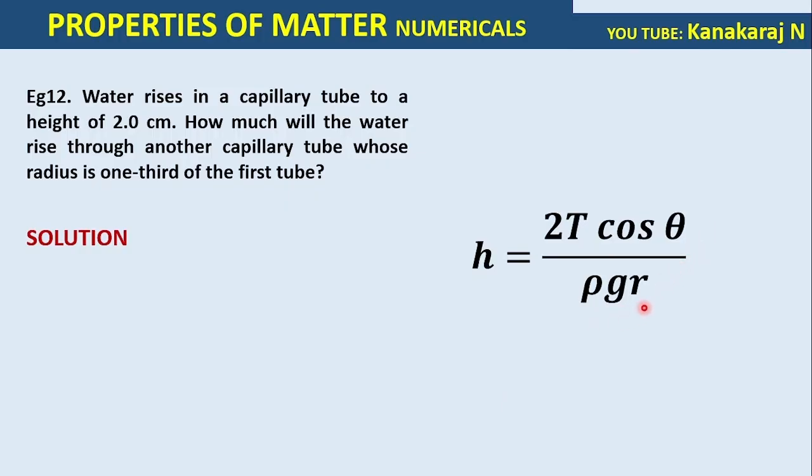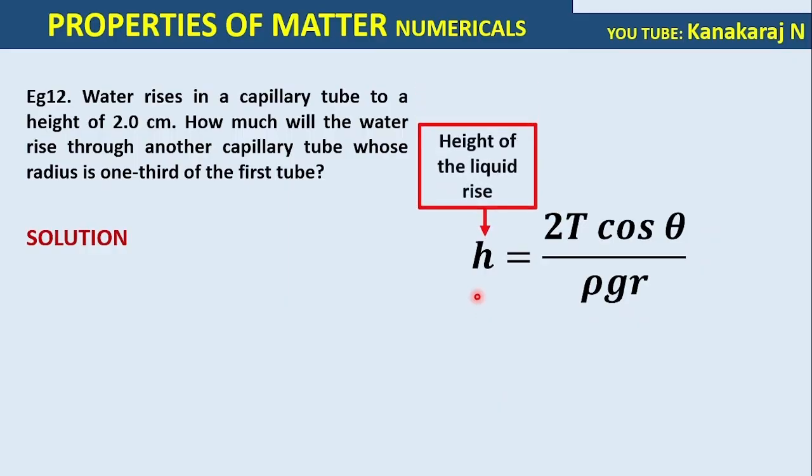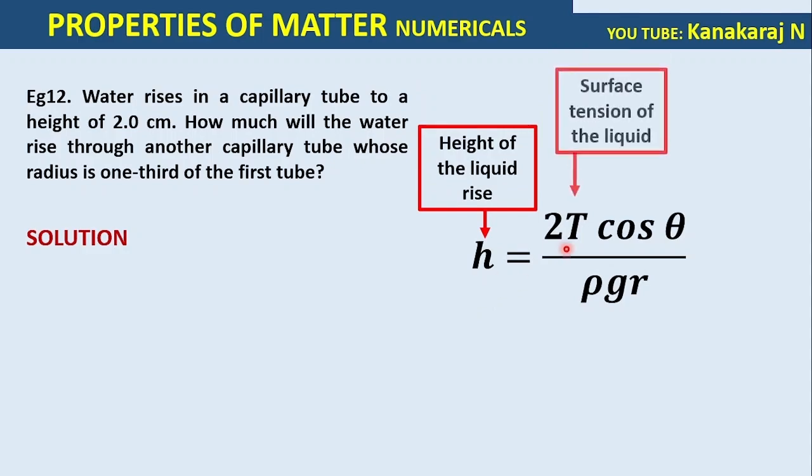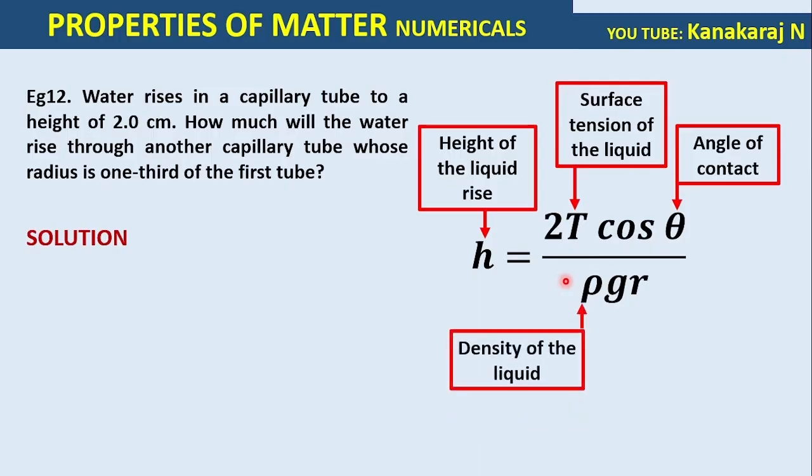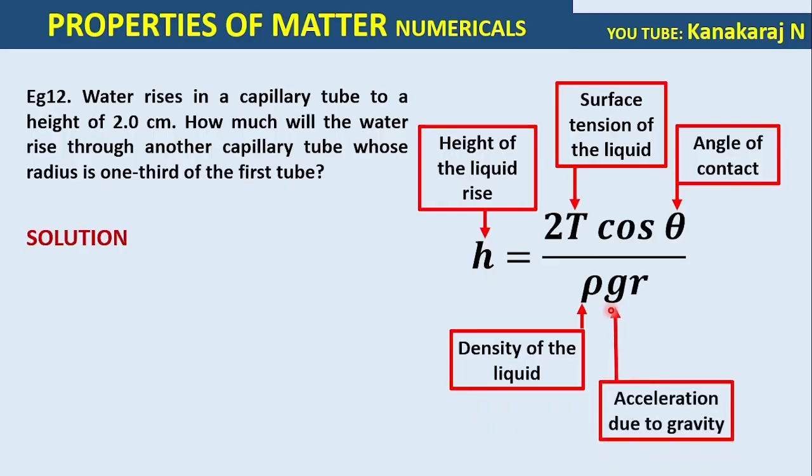Let us learn what each letter stands for. The h is the height the liquid rises through the capillary tube. Then the T is the surface tension of the liquid. Theta is the angle of contact. Then rho, the density of the liquid. Then g, acceleration due to gravity, equals 9.8 meter per second square, and r, of course, the radius of the